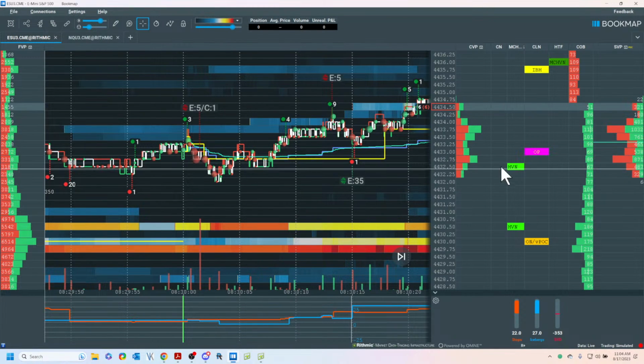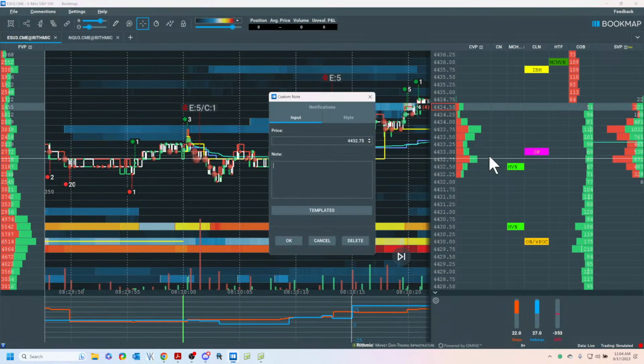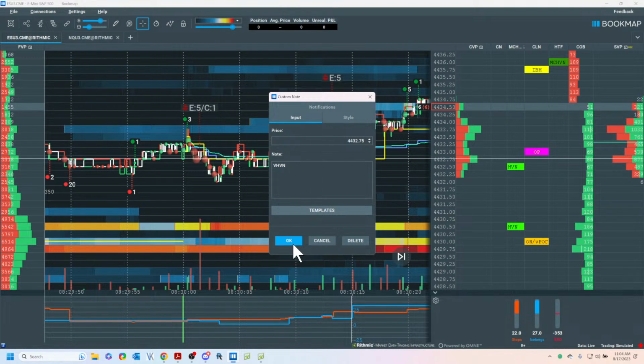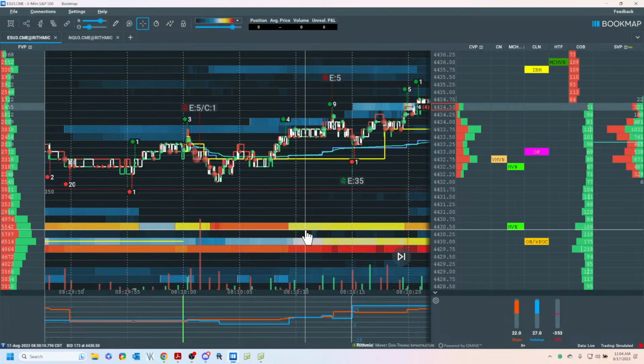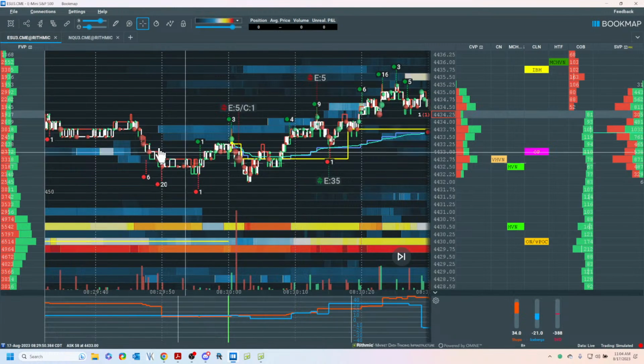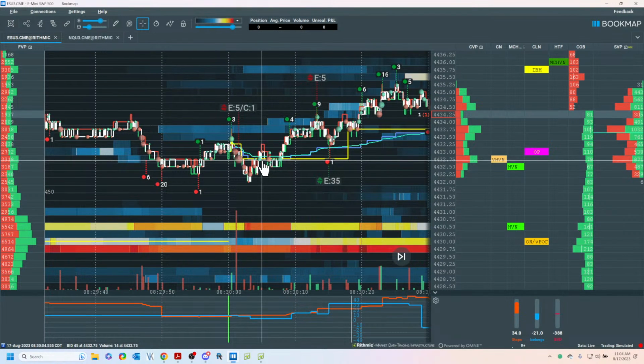So let's come back here. Too low, I'm going to label it. I call it a variable high volume node. And I always do this because I think if you can learn narration, which is really what I do, and the reason I do it is I can't wait on an indicator to cross over somewhere up here, or to get me chopped up, which I can do on my own.